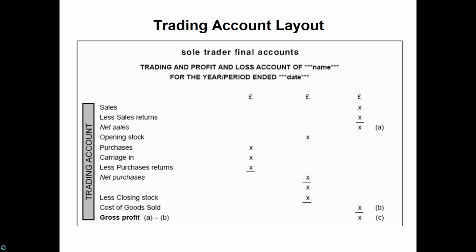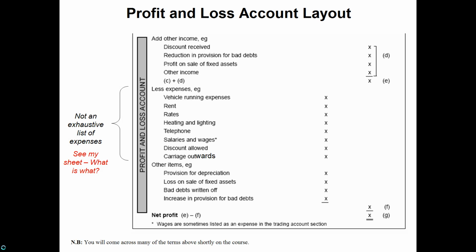Okay, let's move on to the next section, which is the P&L. So the profit and loss account just goes straight underneath the trading account, as you've seen. If you were doing extracts of these individually, then you would obviously put relevant titles and call them extracts. Sometimes in OCR they ask for some mini extracts, but generally most of the questions in both exam boards, AQA and OCR, ask for a full trading and profit and loss account, which is